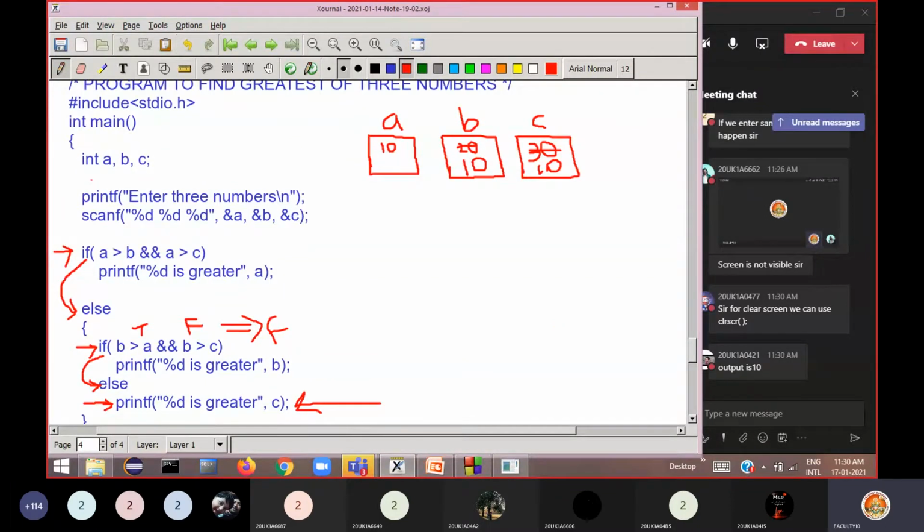For example, if I use clear screen here, it gives an error. Why do we use clear screen in the Windows environment? If you want to erase the previous output on the output screen, we inform the compiler to first clear the screen, then print the output from the current program.